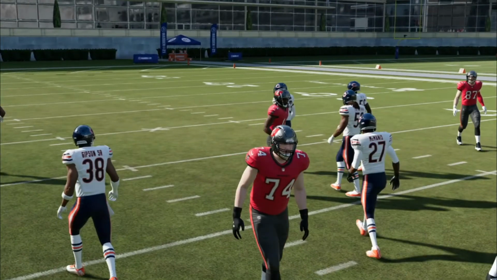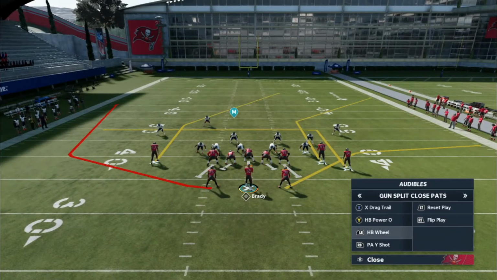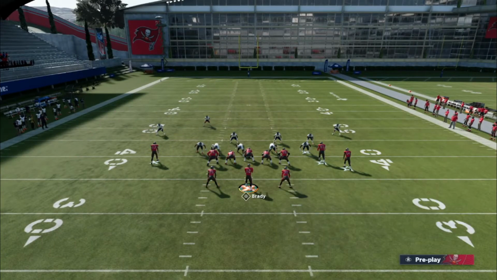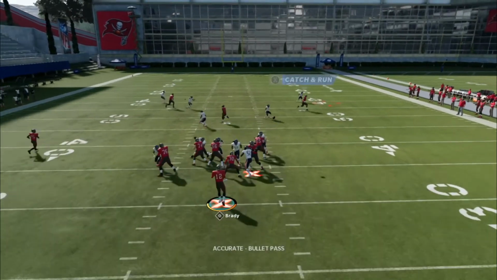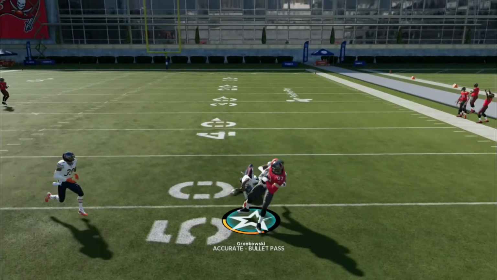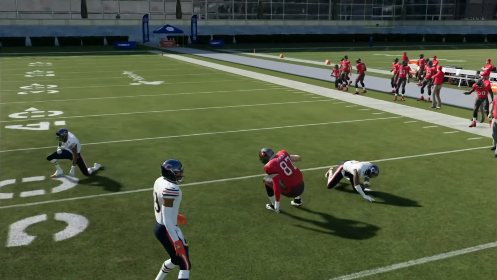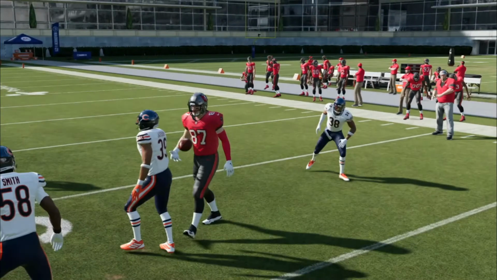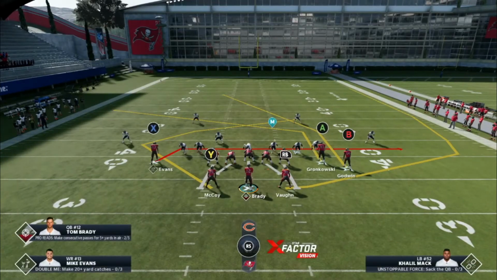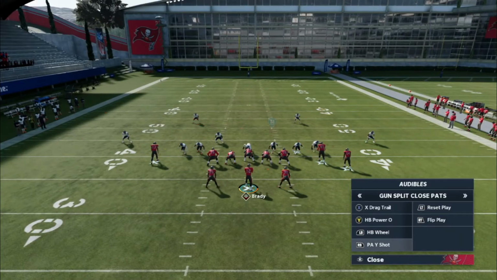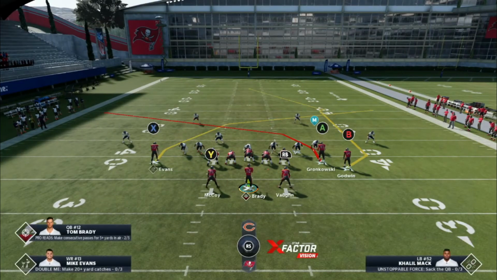If they play cover 2, then you can get this post route a lot of the times. And you can get this tight end route right here and pick up a good 10, 12 yards. So there's a lot of different things you can do with that. That's just one variation that I run. The other one is